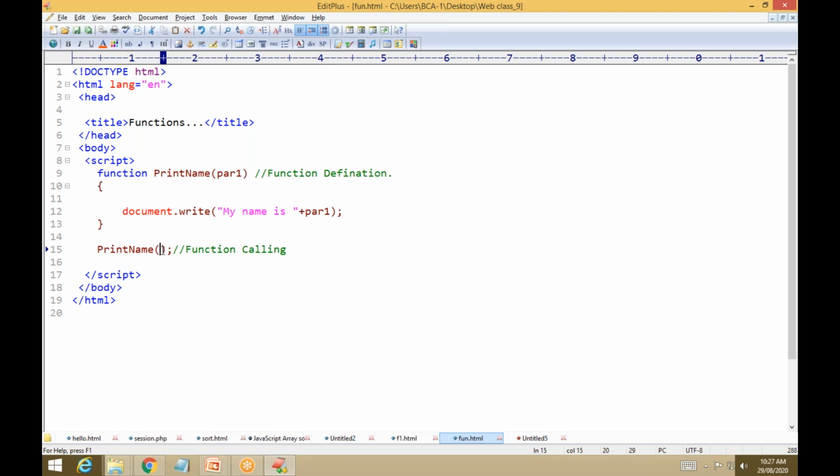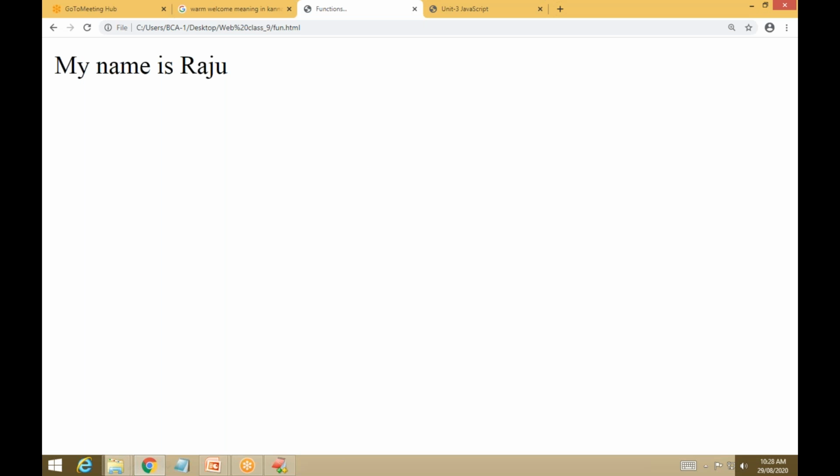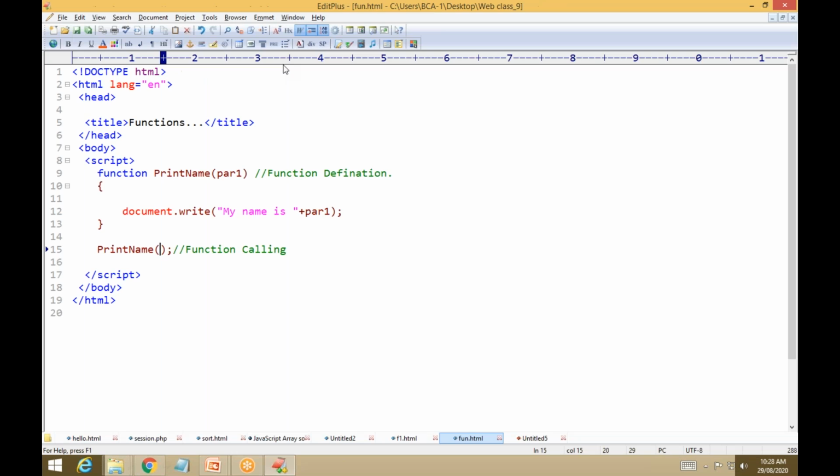In the function call, you have to pass the values of the parameter. Suppose I don't pass anything and just run this one. This is undefined, because I created a variable but didn't assign a value. That is called an undefined variable.